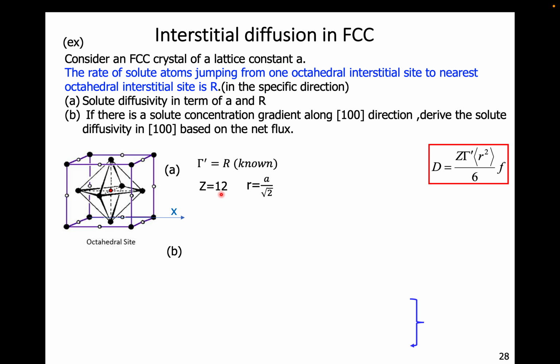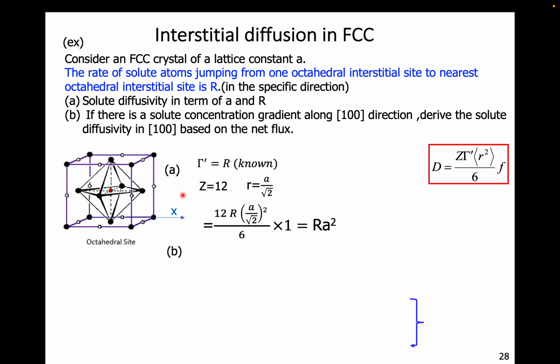Okay, so you got a divided by square root of 2. So I put everything back. Because this is gamma small r squared divided by 6, I got RA squared. Okay. And question B would be, if there's a solute concentration gradient along 1, 0, 0,